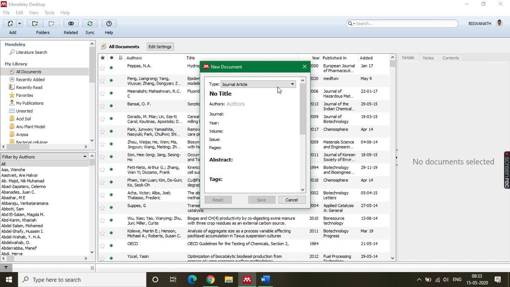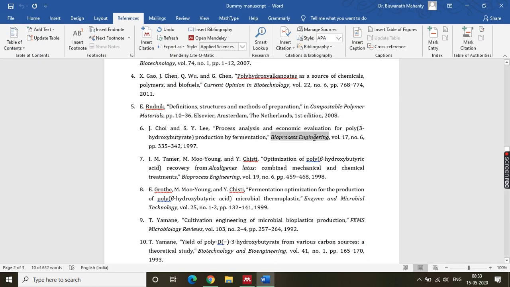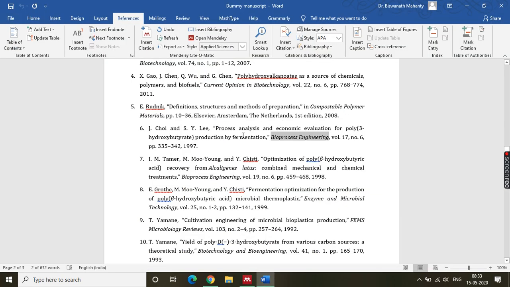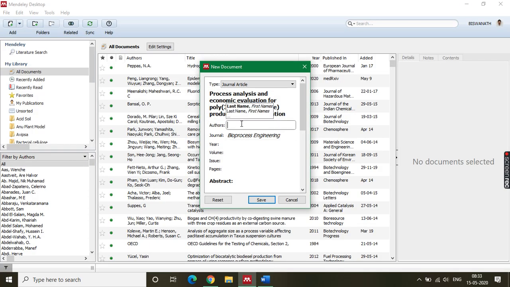Here you have to choose what kind of article it is: journal, title. For example, I know the title now, I'll paste the title. So here, actually, one by one, each field you have to fill up. It is a journal article, so no issue. The journal name is Bioprocess Engineering, so I'll put the journal name. The authors I know, J. Choi and Y.S. Lee, so I know that Choi is the surname and Lee is also a surname. I have to put the author, but